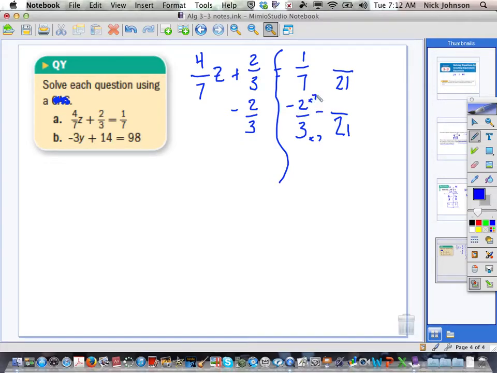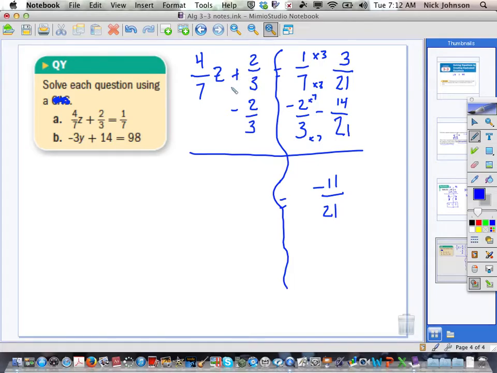A negative 2 times 7 is a negative 14. What times 7 gives me 21? 3 does. Whatever I do to the bottom, I do to the top. 1 times 3 is 3. So 3/21 minus 14/21 is a negative 11/21. My 2/3 are going to add out, leaves me with